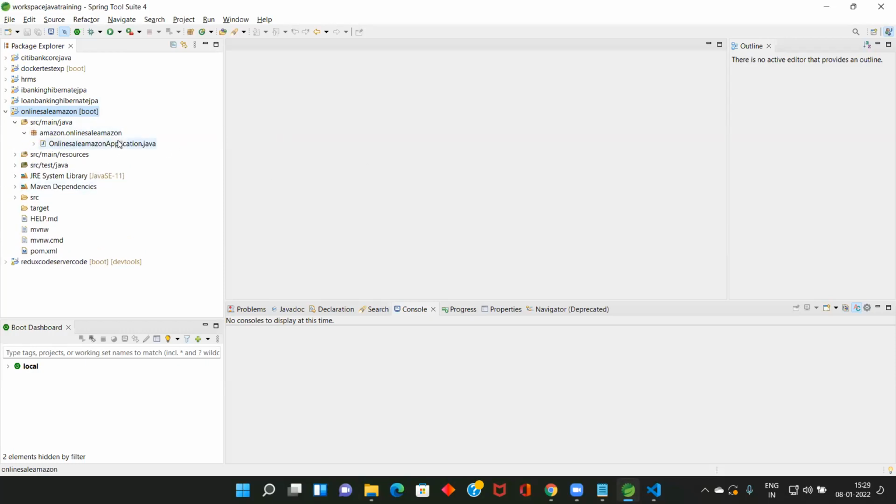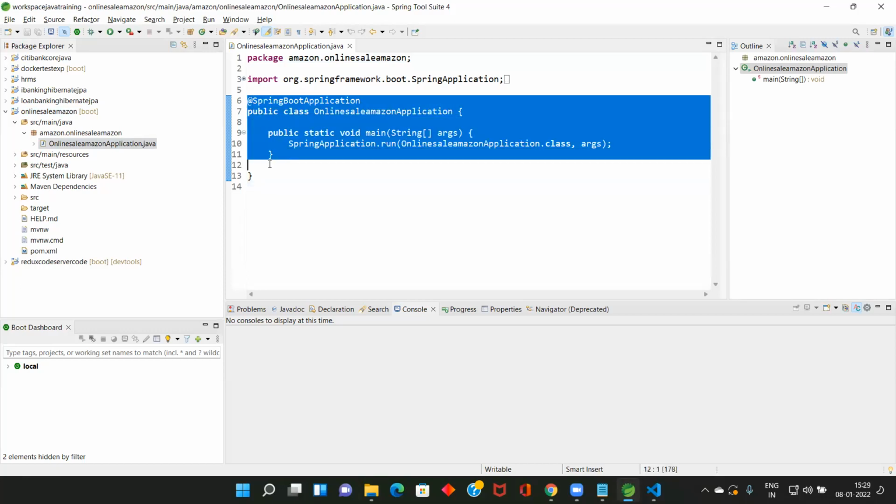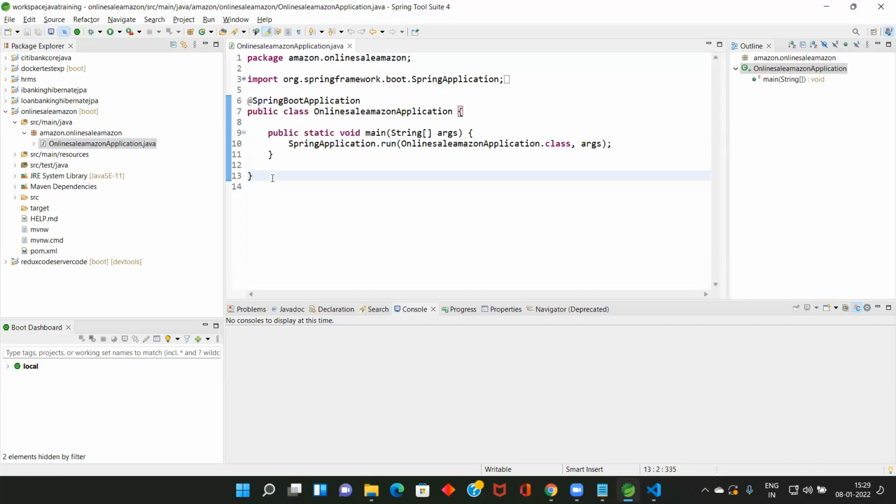I think you all will have one Java program. Can you open this one? Double click. See, there is the Spring Boot application. This is the class that you should run in order to build your application and deploy to the server. Anyway, you'll know what build and deploy to server mean after some time. As of now, this is the program which you should run when you want to deploy your project to the server, Tomcat.